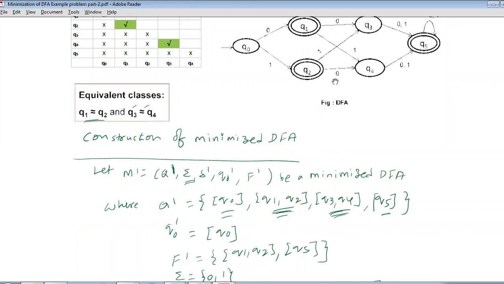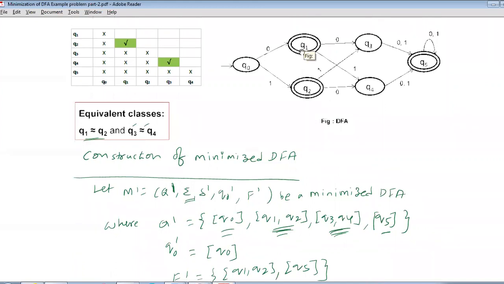Now in the given DFA, Q1 is one final state, Q2 is one final state, Q5 is one final state. Now in Q dash, check what states are a combination of any of these three final states. Q naught is not a final state. Then Q1, Q2, yes, both are final states. Even if only one final state is included, you can consider it the final state of the minimized DFA.